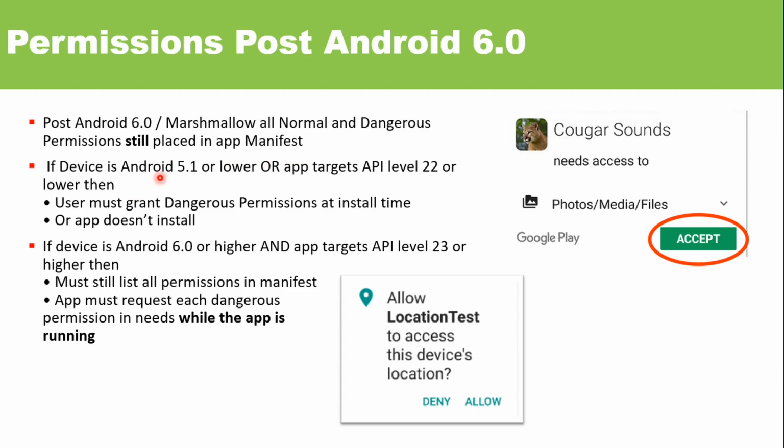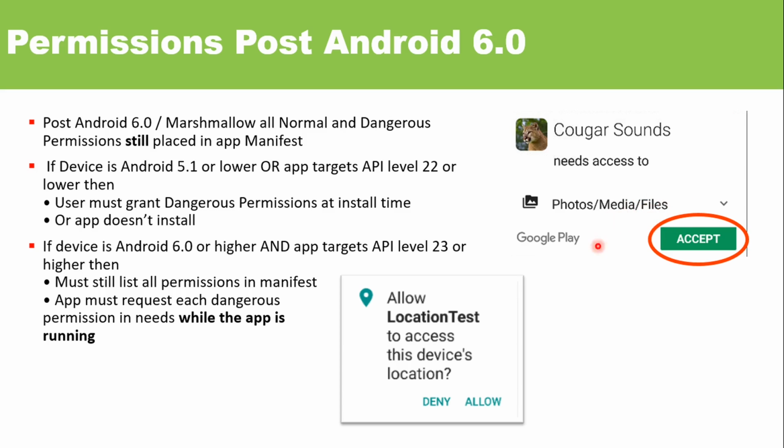But if the device is Android 5.1 or lower, or if the app targets API level 22 or lower, then the user must grant dangerous permissions at install time, or else the app won't install. So you can see, if the device that we are using is Android 5 or lower than Android 6, okay, or if the API level is lower than 23, then we need to grant